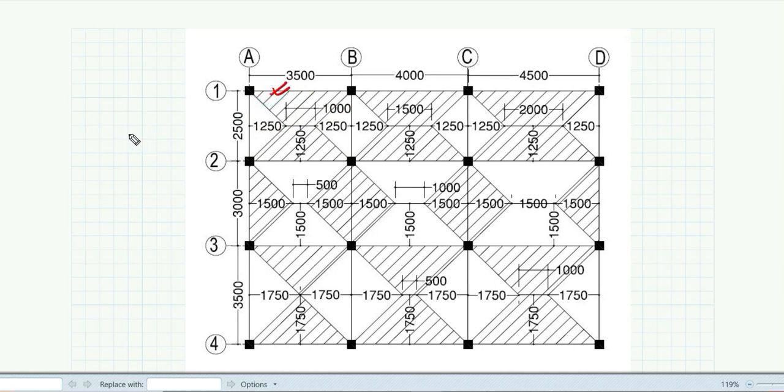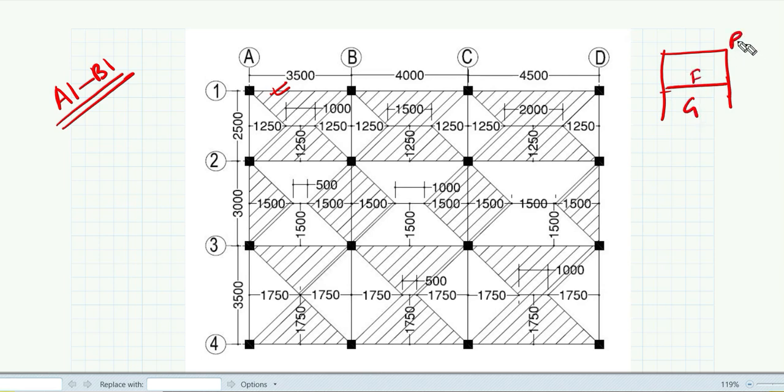Okay, this beam is denoted by what? A1, B1. And remember, our building is G plus 1, this is the ground floor, this is the first floor. So we have the roof over here, we have the first floor, and we have the ground floor. So we have 3 beams, 1, 2 and 3. 3 sets of beams at different levels, right? At the roof level, one set of beams, at the first floor level, a second set of beams, and at the ground floor, the last set of beams.